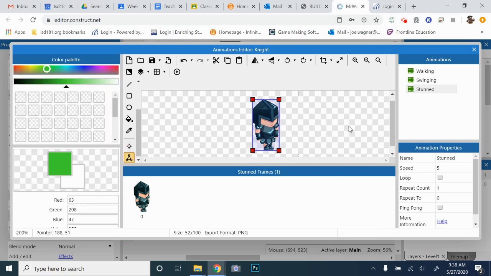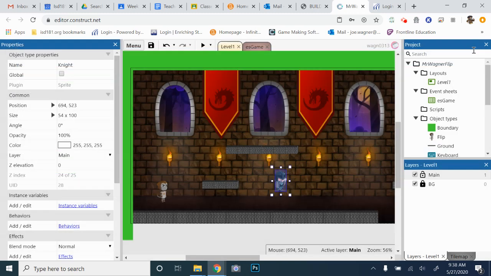All right, so I think that we've got the knight set up in terms of animations. So I can just have my knight down here. Now, obviously, this knight is just an empty sprite, so we have to give it behaviors and commands so that it knows what to do. So the knight is going to walk left and right just like Flip does. So what I'm going to do is give him platform